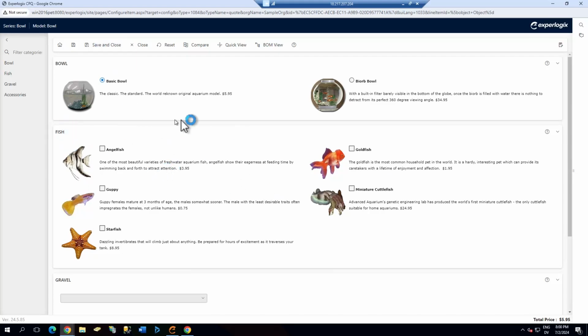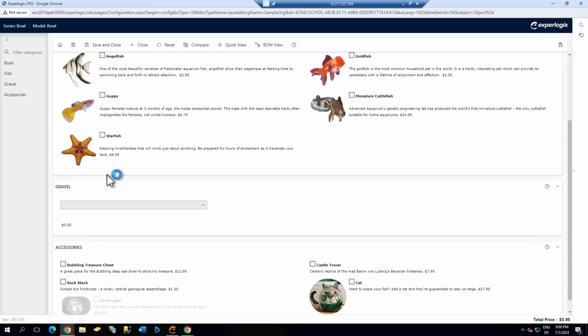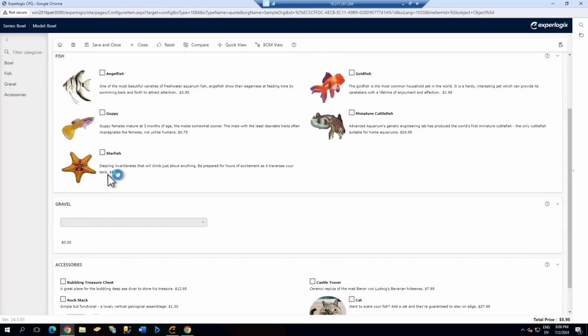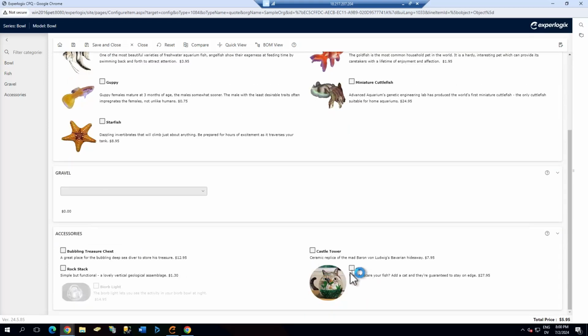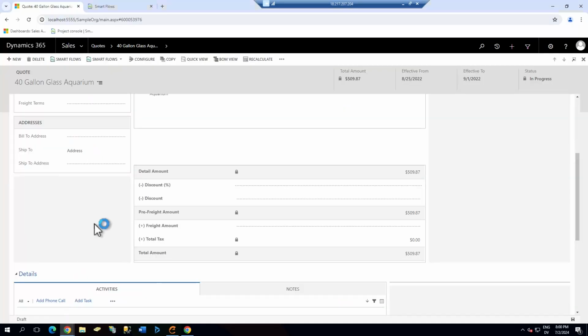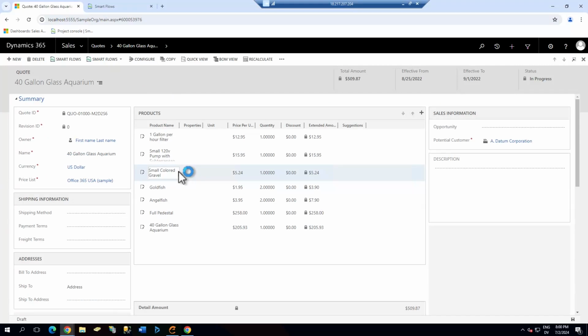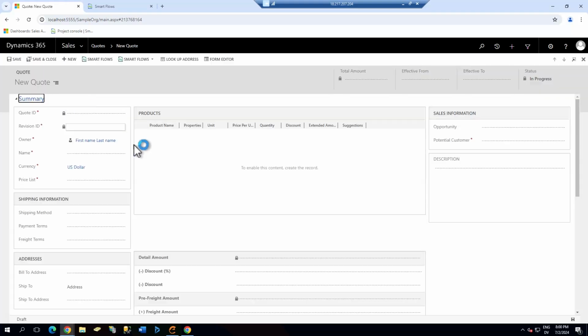It does have some rounding on the corners. It looks much more modern than what we had before. We are still rounding our corners though, because we still have that CSS. I'm going to go ahead very quickly here and make a new quote so that we don't run into that old broken configuration link to my model that I deleted when I unpublished everything. So I'm going to go ahead and make a new quote and we'll just call this demo,